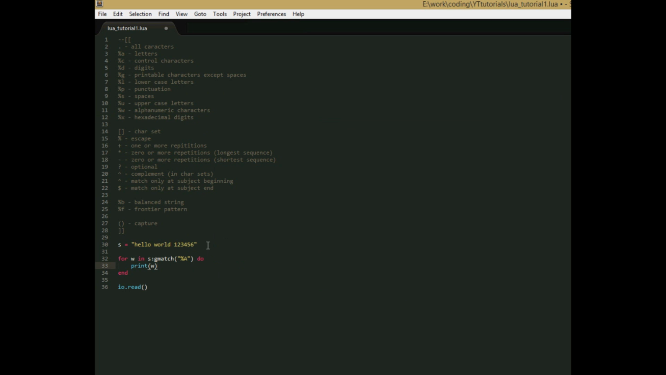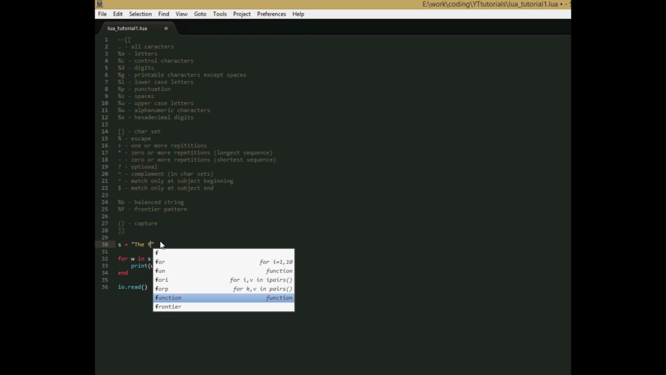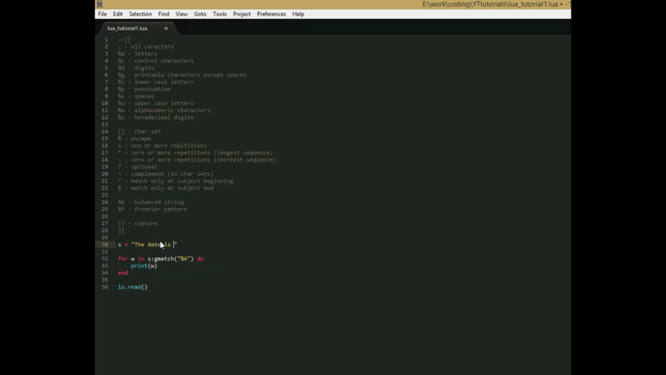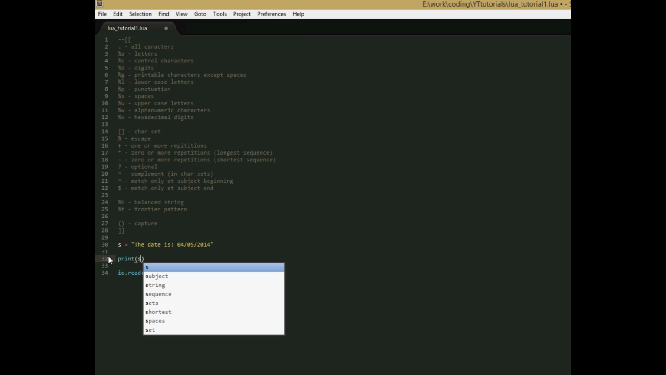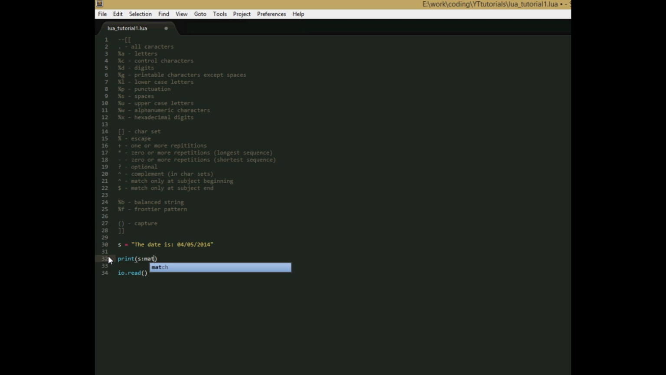So now let's do a slightly more complicated example with string.match instead of string.gmatch. Let's change the string to: the date is, and we'll reuse the same date from the last example, 04-05-2014. I think that's correct. It doesn't matter though. So now let's also delete this, and we'll say print s:match